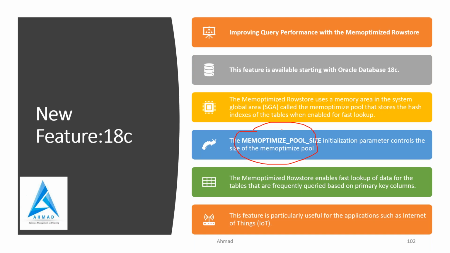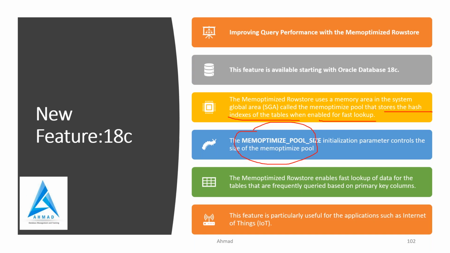This feature enables the fastest lookup of data for tables that are frequently queried based on the primary key column. This feature is used for IoT applications, and the memoptimized row store uses a memory area in the SGA, and that pool is called the memoptimized pool, which basically stores the hash index of the table when you enable fast lookup.